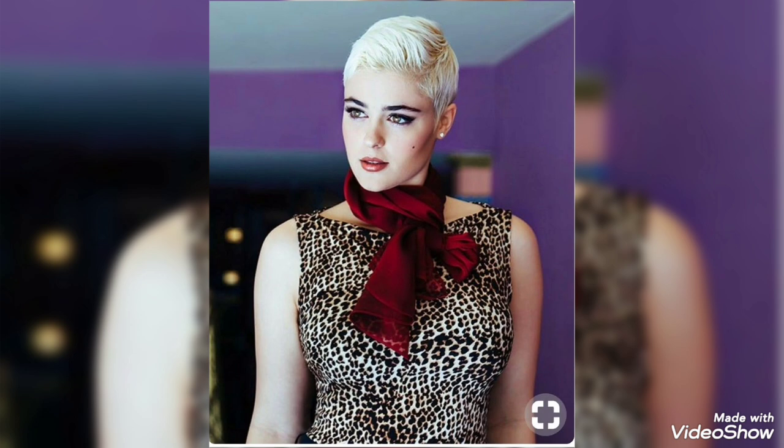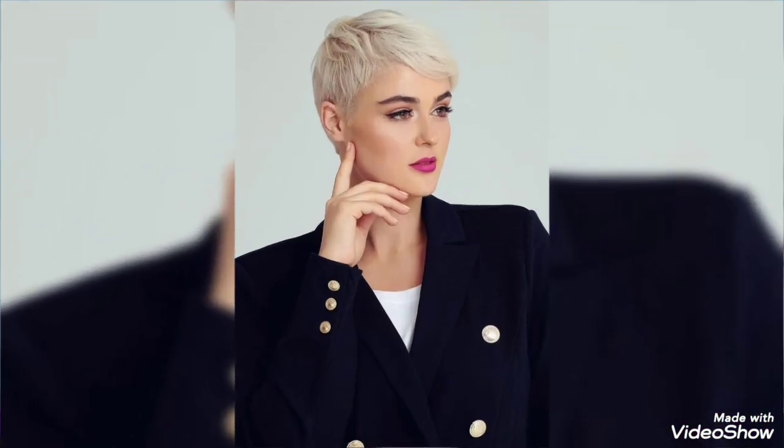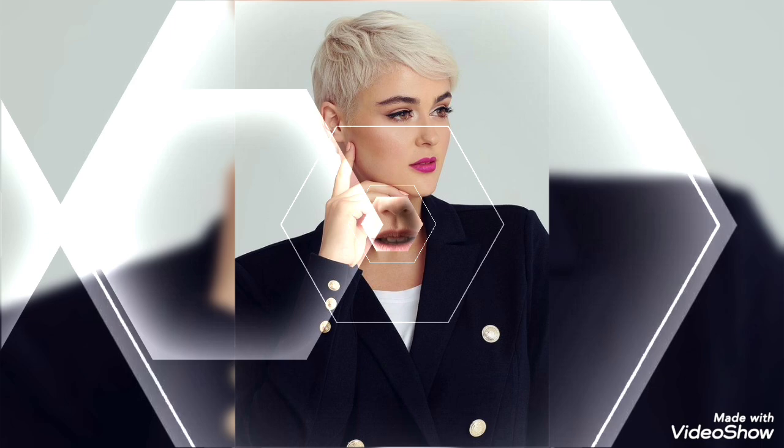Blonde color, burgundy color, light brown, dark brown, black color, grey color. Some ideas: funky colors, and so beautiful ideas of highlights in brown color, in burgundy color, in funky colors,